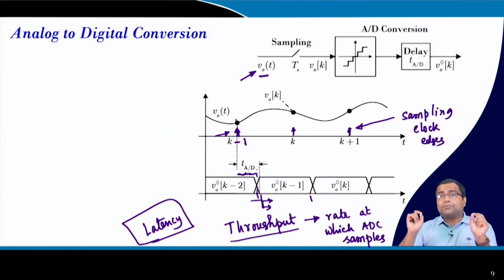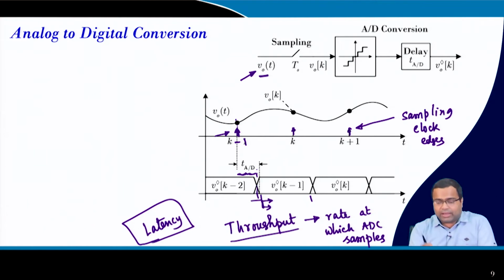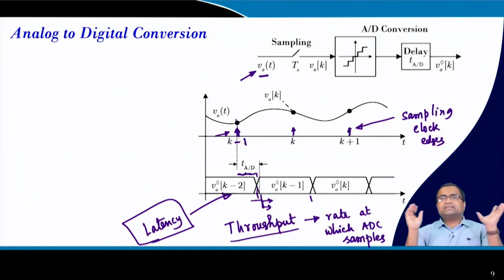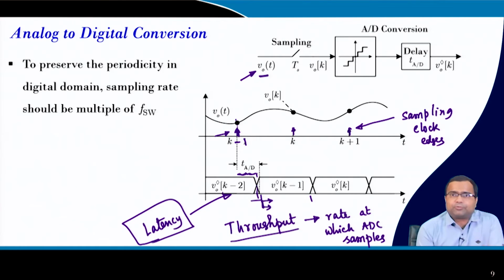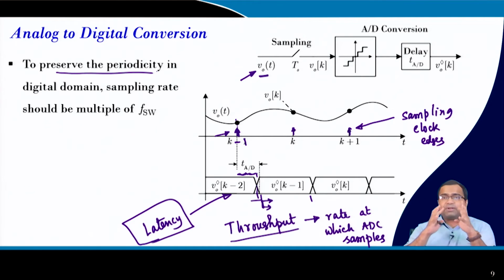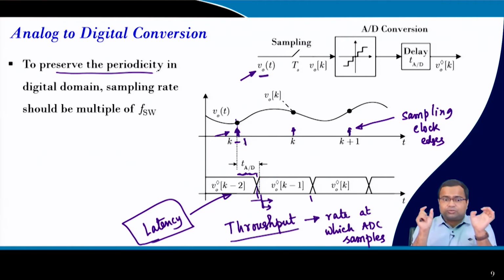clock. So, if you want to reduce this delay, you have to sample at a very high rate, and you have to check whether such sampling can be supported or not. So, the latency is very important for us, as it decides the delay. Now, a few things you have to keep in mind to preserve periodicity, because we should not sample abruptly. Even though we sample once per cycle or 10 per cycle, there should be some uniformity, some synchronism,